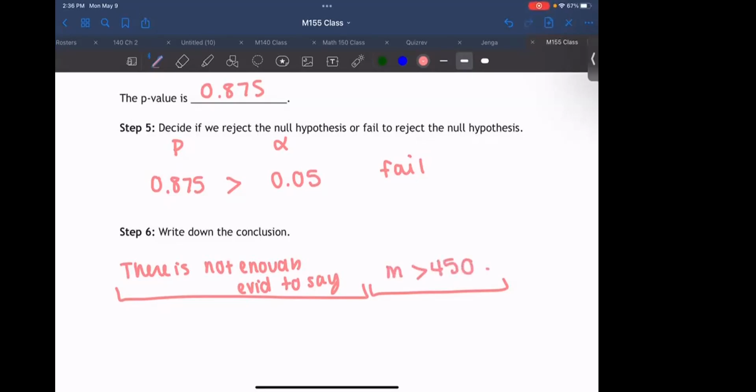Okay. Any questions on this example here? Okay. Now we have 2